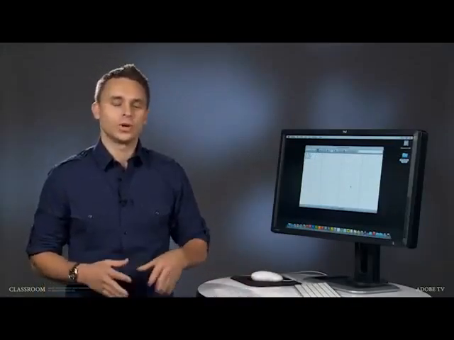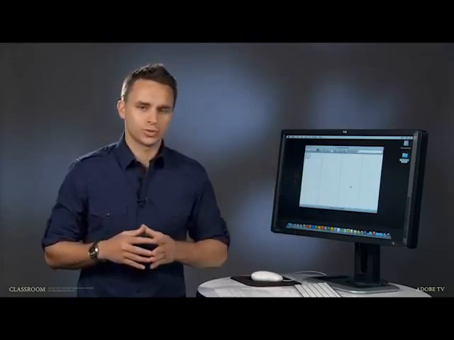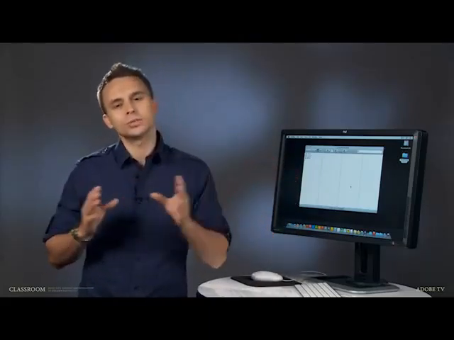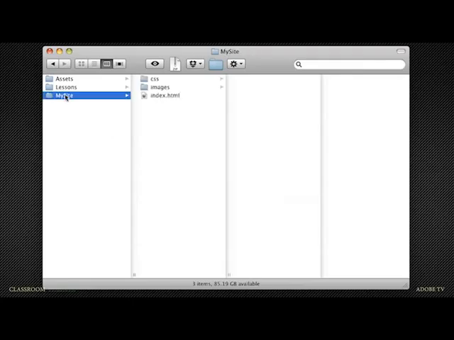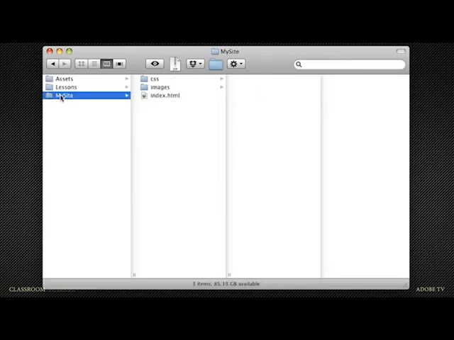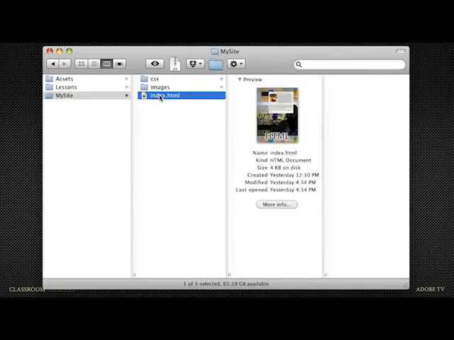In the previous lesson, we made a web page from a template file that is in Dreamweaver. So what we want to do now in this lesson is make multiple pages based on that page we already have created. If you have been following along, you should have files in your My Site folder. And if you are just joining us, go to the Lessons folder, and we're in Lesson 10. Just copy and paste those files over because we're going to be working on this